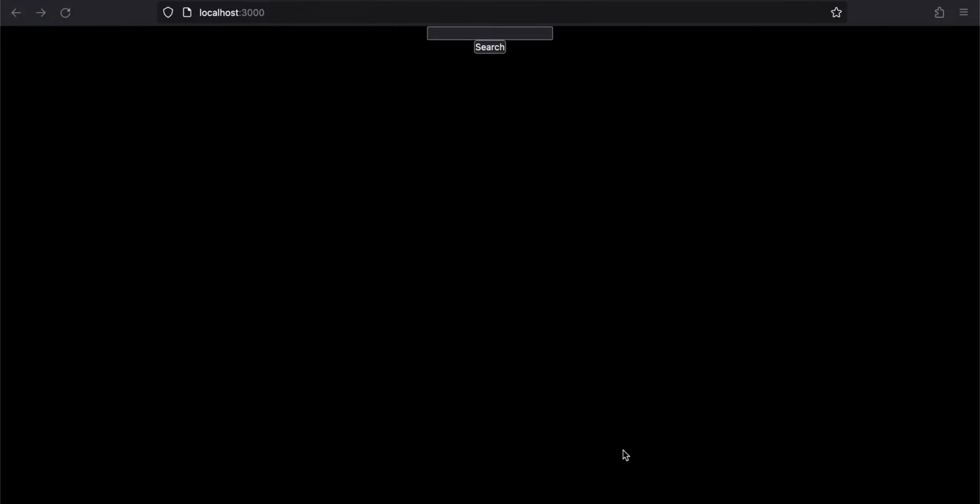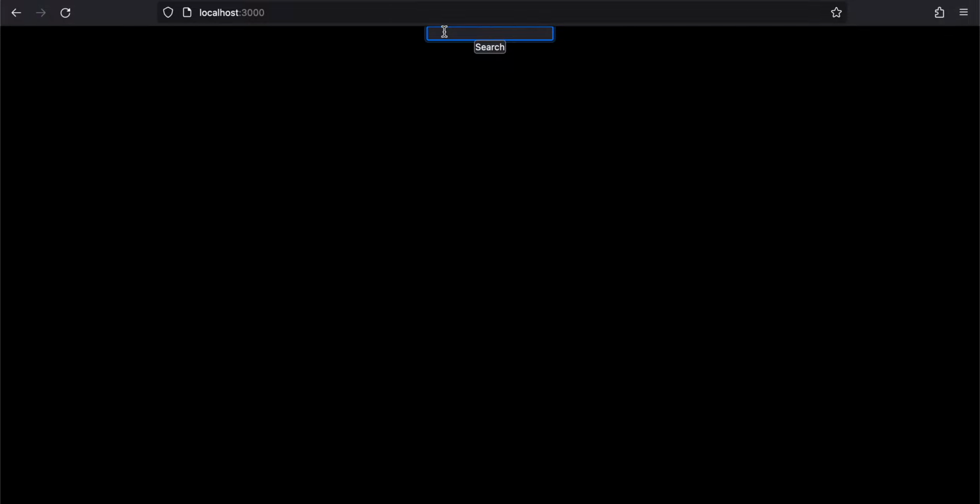Next video. In today's video I will show you how to use server actions in client components while using Next.js. So let's get started. Here you can see I just have an input and a search button, and I'm using the Unsplash API. If I enter any kind of query, this is a client component, but the API call is